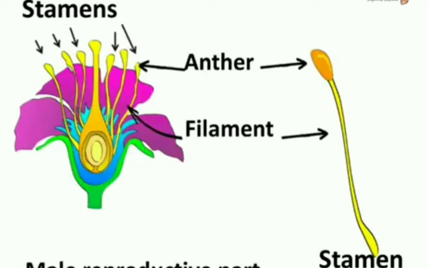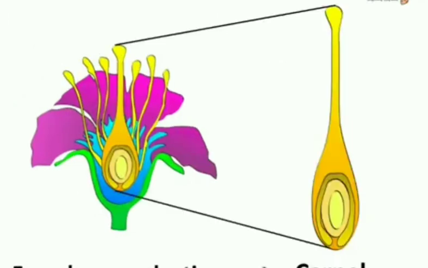Anther is the terminal portion and produces pollen grain. Filament is a stalk that bears the anther and raises the anther to a proper height. Connective connects the two anther lobes together and also with the filament. So all these parts are known as the male reproductive organ. In a floral diagram, androecium, the male reproductive part, is denoted by letter A. Okay, and a single individual member of androecium is known as stamen.